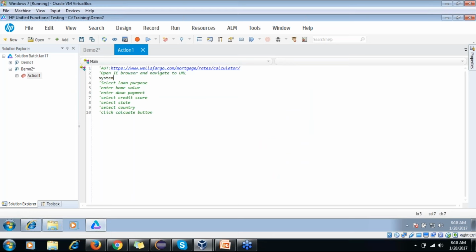I missed to open browser. And what is the application name? That Internet Explorer exe name is iexplore.exe.